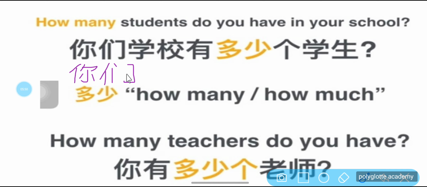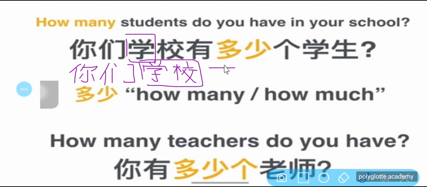So 你 itself means you, and 你们 is you plural. 学 is to study. 学校 means school. 学校非常好。你们学校有